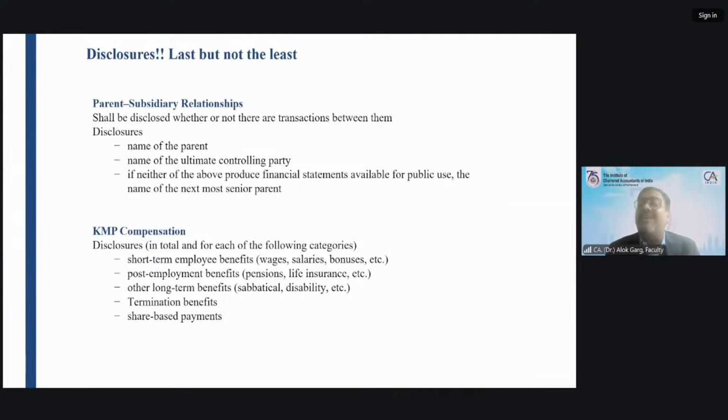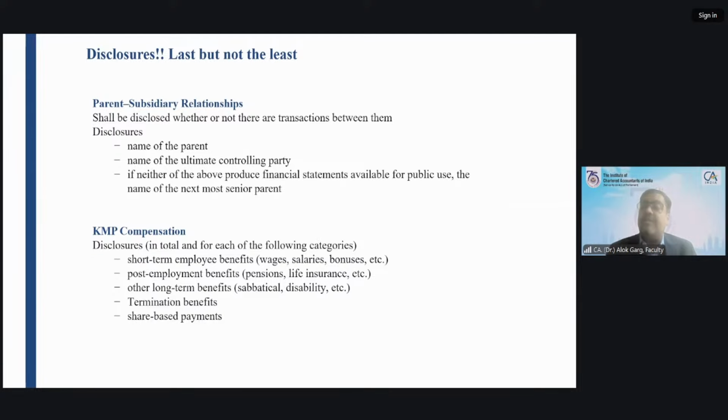Transaction and outstanding balances with the related party. What are the transactions with the related party and what are the outstanding balances with the related party? This is required to be disclosed also, right? Sir, let's say if a company